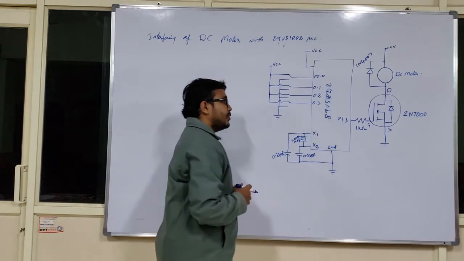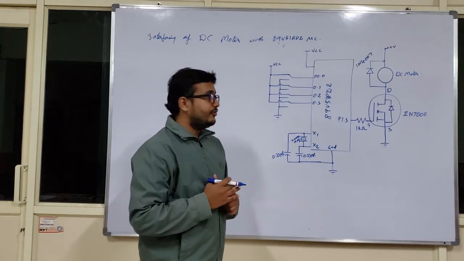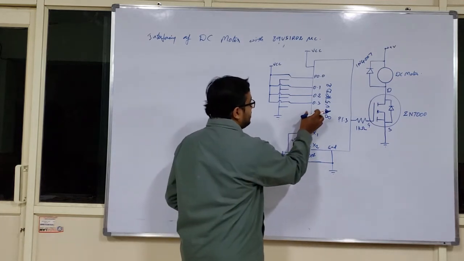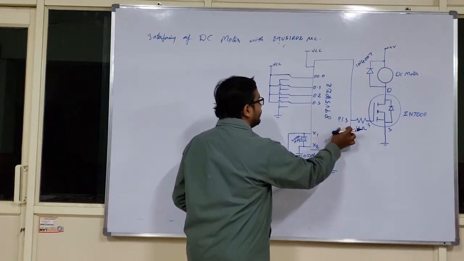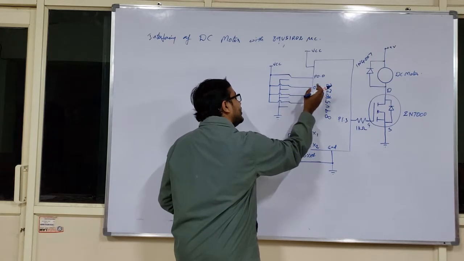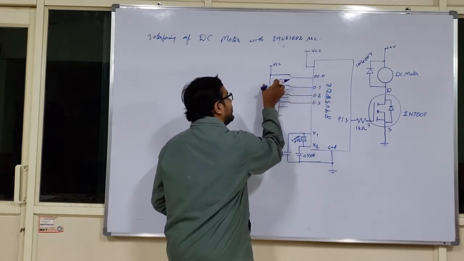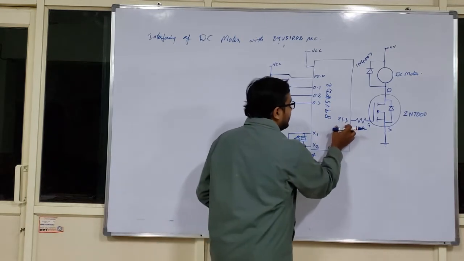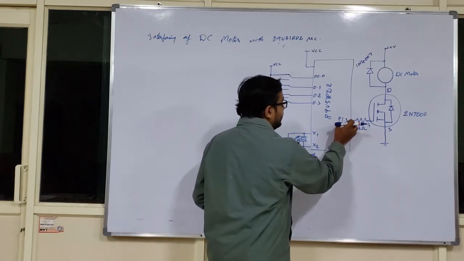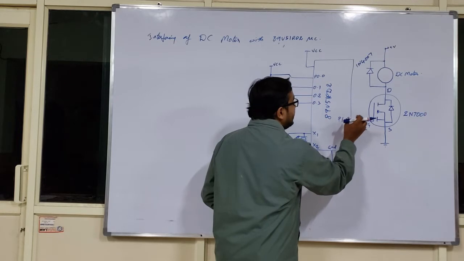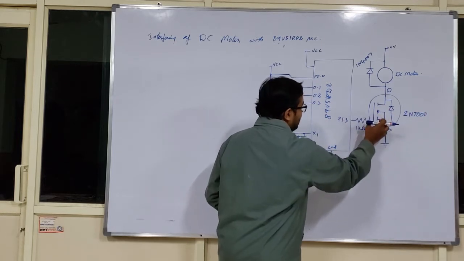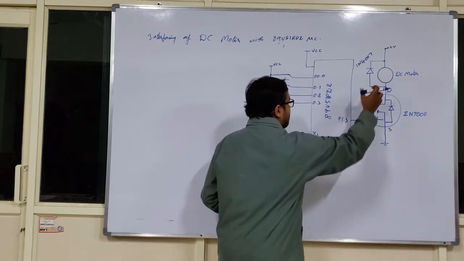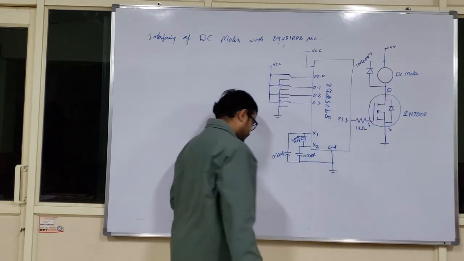The 89B51RD2 is provided with 4 ports that we are very familiar with. Here I am exclusively using port 0 and port 1. Port 0 is interfaced with a DIP switch, that is a digital input switch, and port 1 is acting as an output port. This output is fed as an input to this transistor. Once this transistor comes into the active state, the DC motor will be turned on.